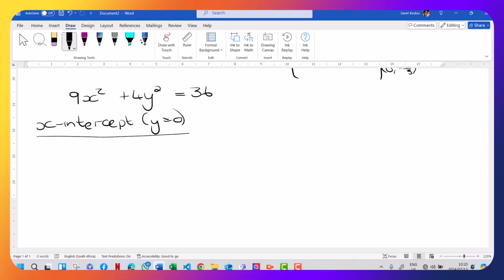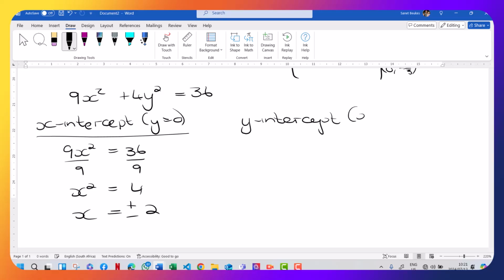If your y is equal to 0, that's basically disappeared. So I'm going to have 9x squared is equal to 36, divided by 9, divided by 9. X squared is equal to 4. That means x is equal to plus minus 2. Then if I do my y-intercept,